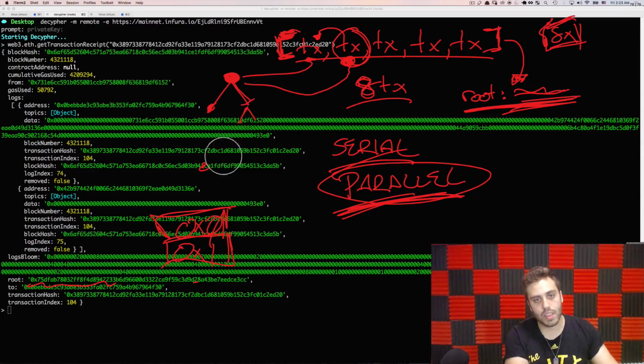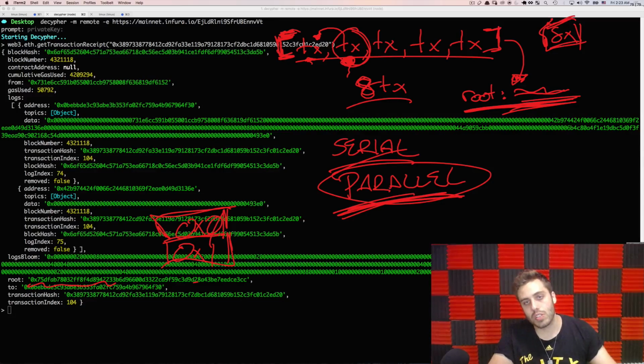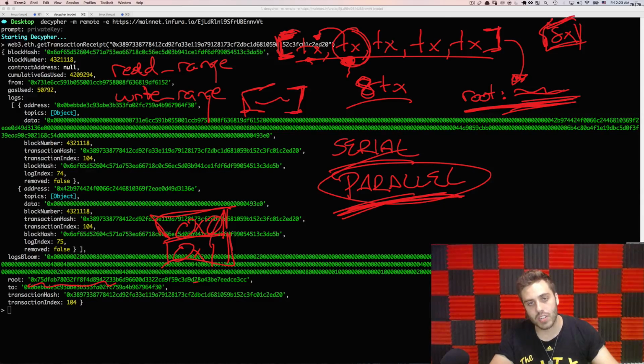Also, in order to make the parallel processing work correctly, you're going to need to add new optional parameters into transactions. What they're proposing is adding new parameters called read range and write range. These are going to be basically whitelisted addresses. They could be contract addresses or account addresses, and they're just addresses that you pass into the transaction, saying these are the only addresses that I'm interacting with.